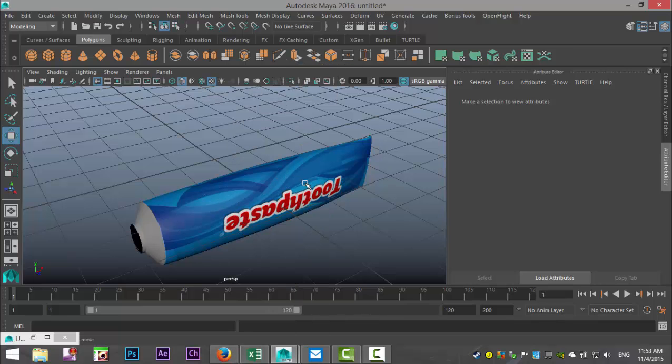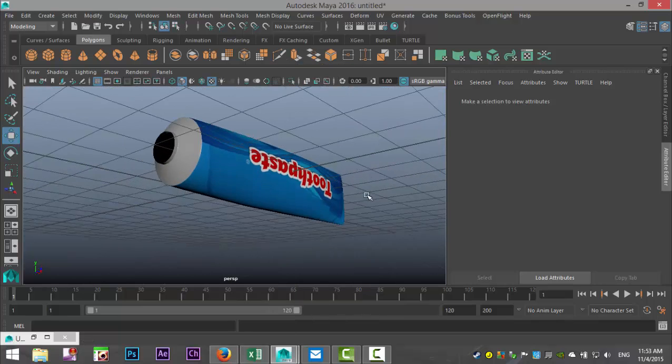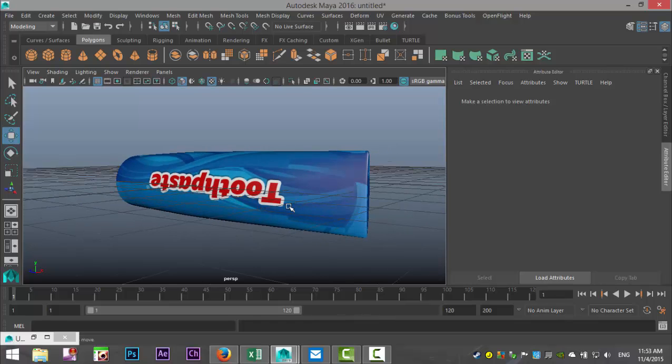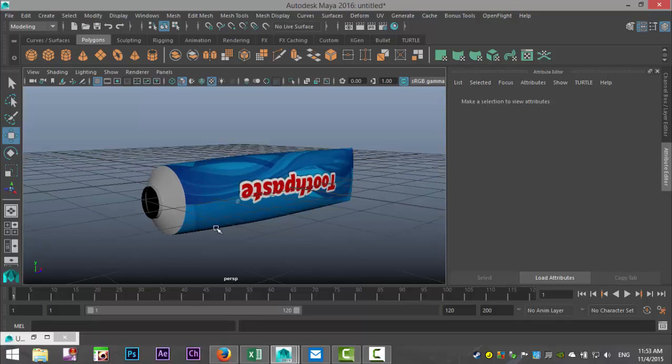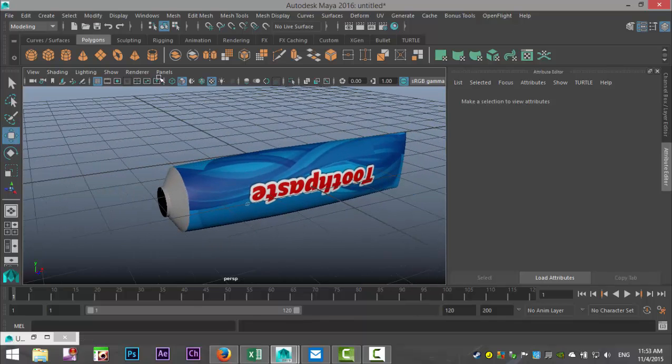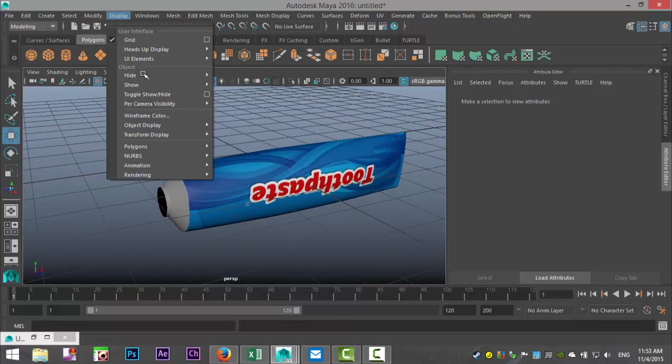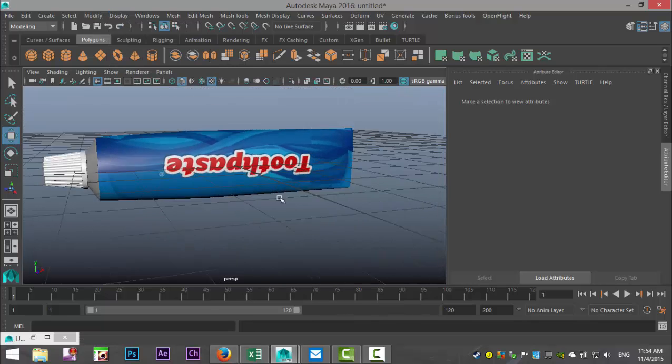Right click object mode. Sorry about that, guys. All right, so not too bad. Let's go to display, show, and all to get our cap back.